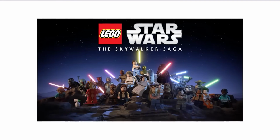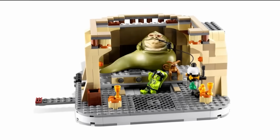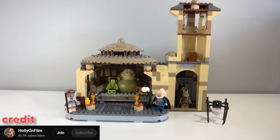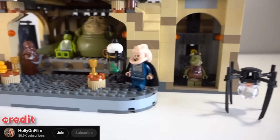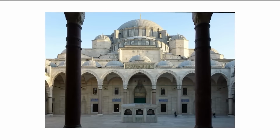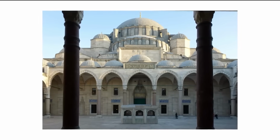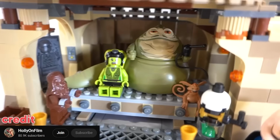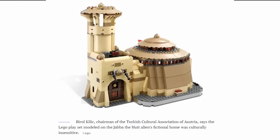Jabba the Hutt's mosque. LEGO and Star Wars seem like a match made in geek heaven, right? Well, usually yes, but there was this one set that caused quite a stir. The Jabba the Hutt's palace set from the LEGO Star Wars line had a bit of controversy in the past, because some folks felt like it bore a striking resemblance to real mosques in places like Istanbul and Lebanon. And a Turkish community in Austria was particularly vocal about the set, claiming that it was disrespectful and very